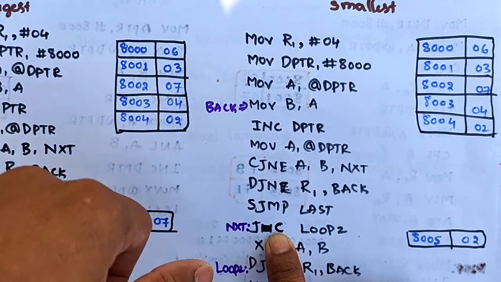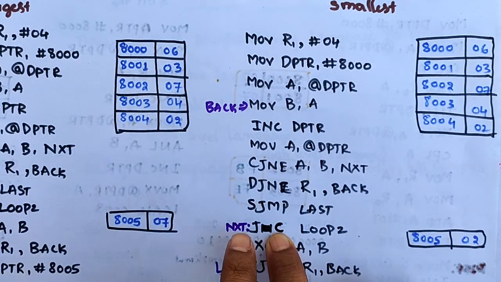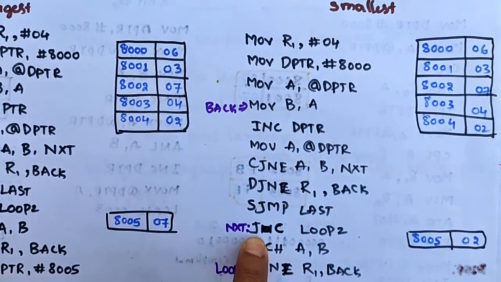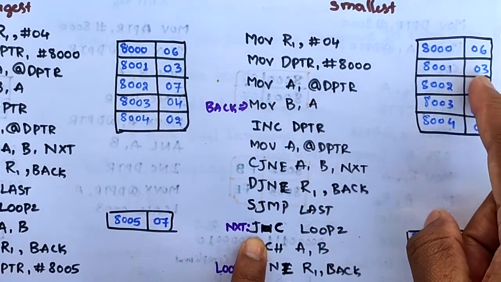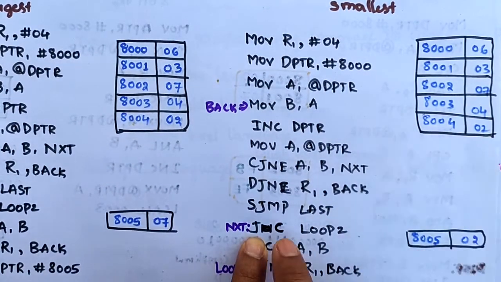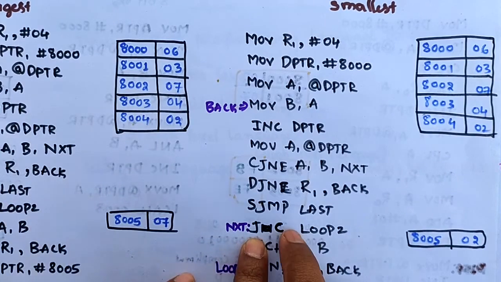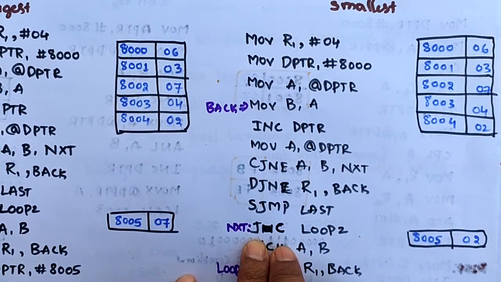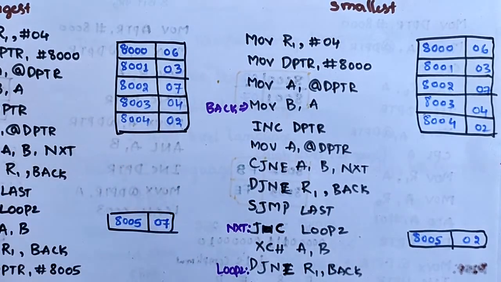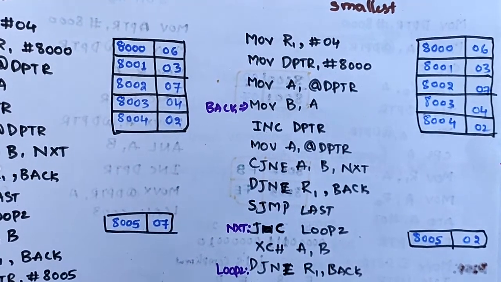If carry is not generated, it will go back to the address. In case the carry is generated, it will go back to the address. Then you can find the smallest number. So only JC and JNC will decide which is the biggest number and the smallest number in this 8051 assembly language program. And next program,